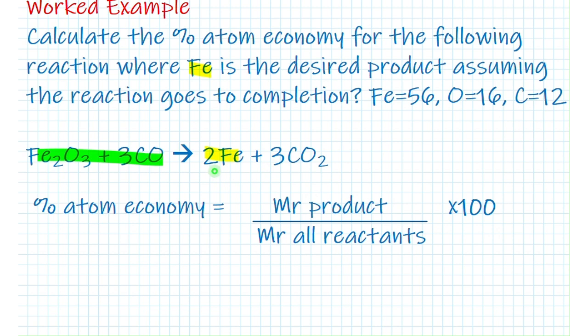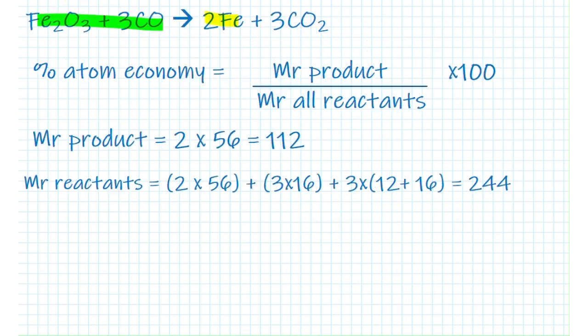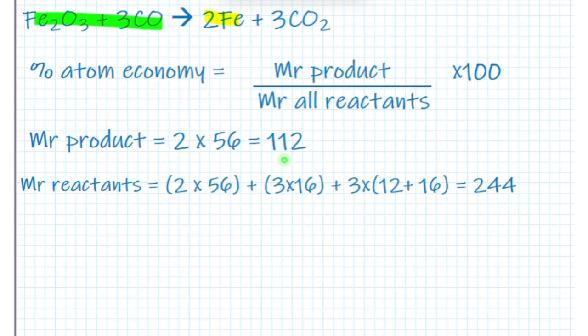times 100. Now here's a situation where we could go wrong. When we say the MR of the product, what we really mean is the total relative mass. So we have to include the numbers in front, the coefficients, the numbers of moles. So for the MR of the iron, it's 2 times 56. This is a key mistake that people make. The MR for the reactants is pretty straightforward: 2 times 56 plus 3 times 16 plus 3 lots of 12 plus 16. Add all that up,